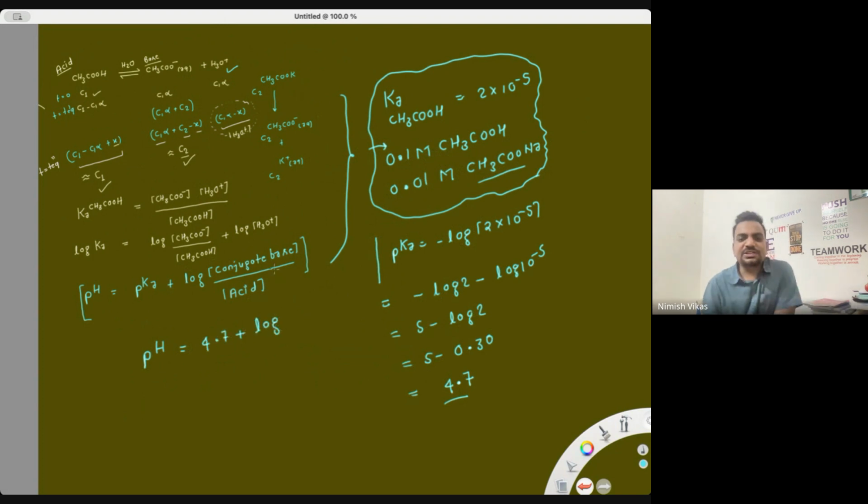plus log of concentration of conjugate base. How much will be conjugate base? Conjugate base will be what is coming from this source, sodium acetate. So this sodium acetate will give you 0.01 moles of acetate ion. We have seen this earlier also while deriving the formula that conjugate base concentration will be mostly what comes from outside. Conjugate base already pre-existing in solution will be very less. Like over here, it was C1 alpha and C2 came from outside. So we can directly take the concentration which will come from outside, 0.01, which is given here,